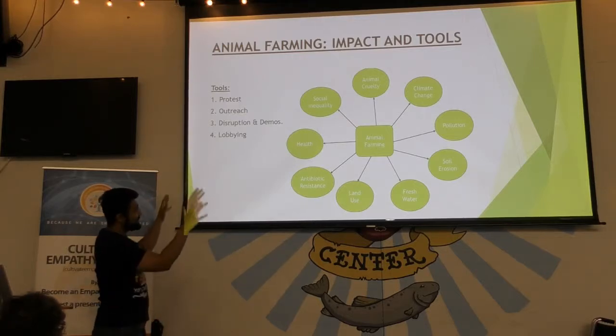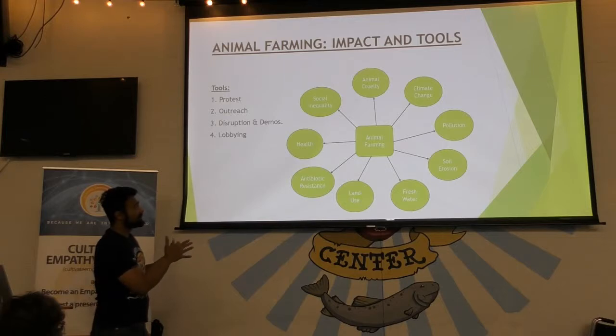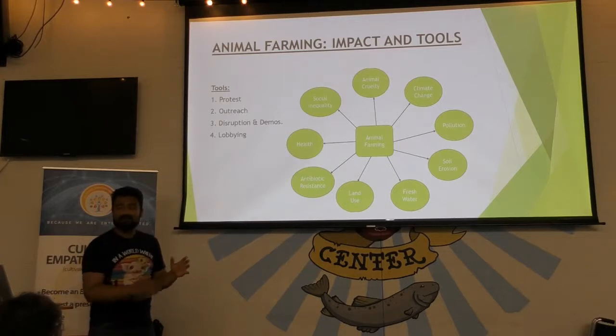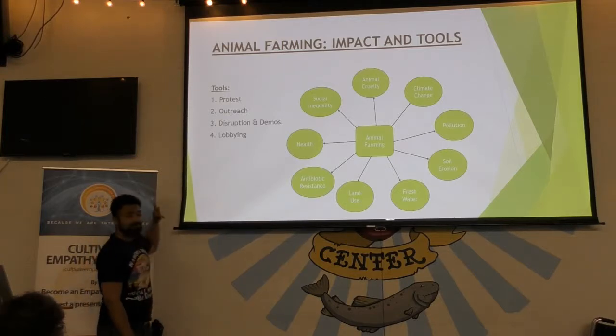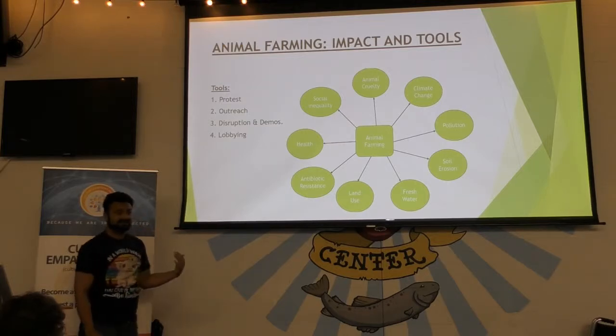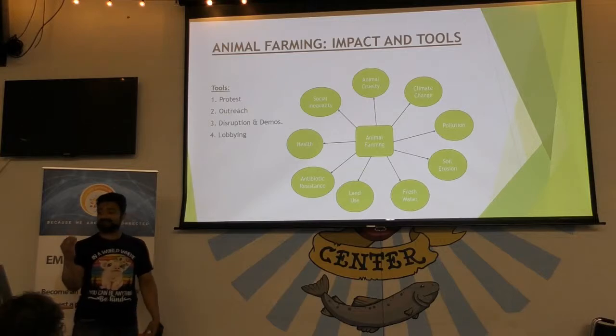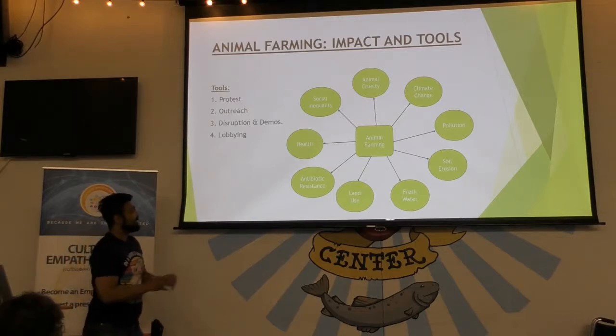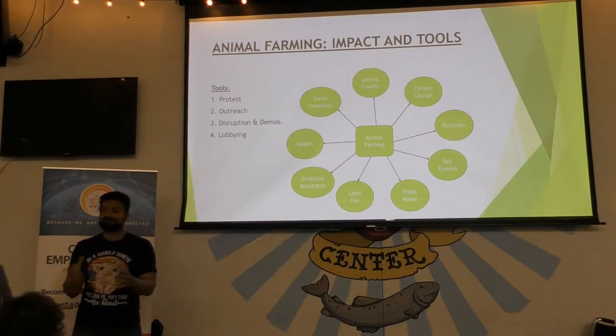In order to address all these issues caused by animal farming, we mainly use 4 major types of tools. The first one is protest. We use protest to spread awareness about the impact of animal farming.